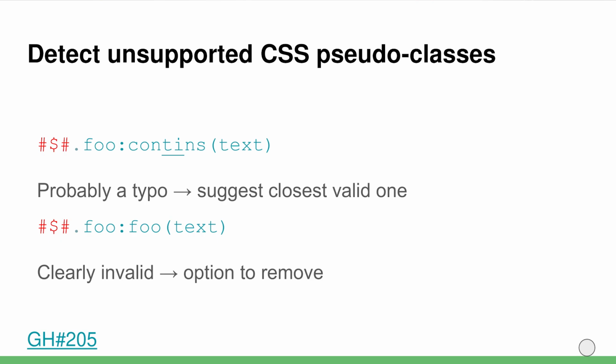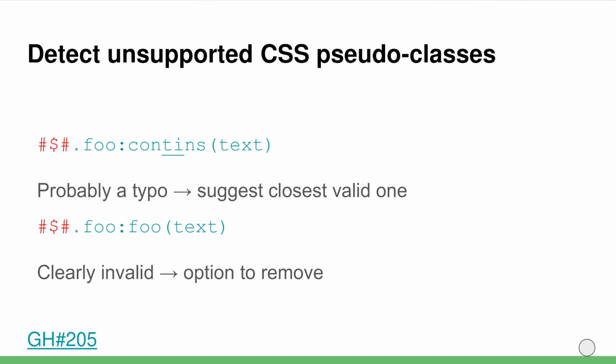We support non-pseudo classes like not, has, or extended ones like contains. But sometimes users write something unsupported like foo. The tricky part is typos. For example, "contans", almost contains, probably means contains. A linter can't be 100% sure, but if we find something invalid, we can do a fuzzy search and suggest